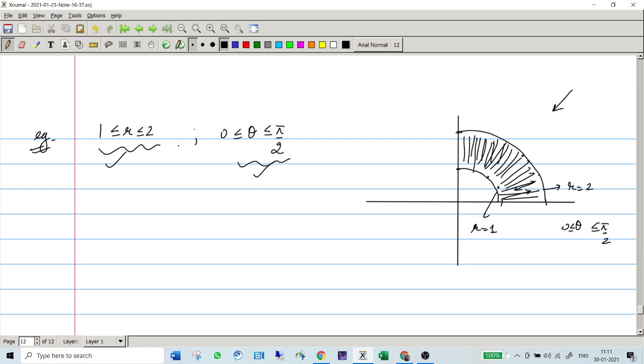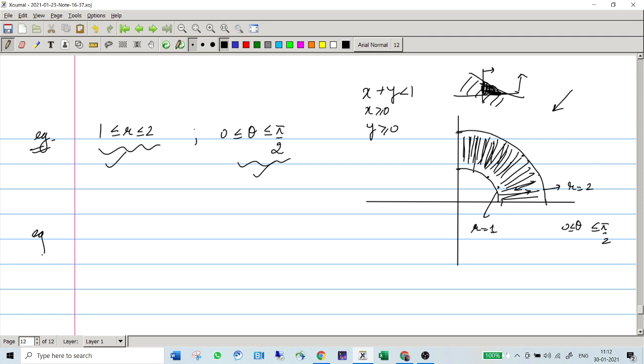Just like we had regions in terms of inequalities. That is, whenever x plus y was less than 1, you used to plot it like this, that this is the region. And if x was greater than 0, you took the upper part, and if y was greater than 0, you used to take the right half part. In that particular situation, the collective one was the triangle which was considered. Exactly on the same grounds we are doing for r between 1 and 2 and theta between these values. So we again have the region which will reflect the combination of these two things, right?